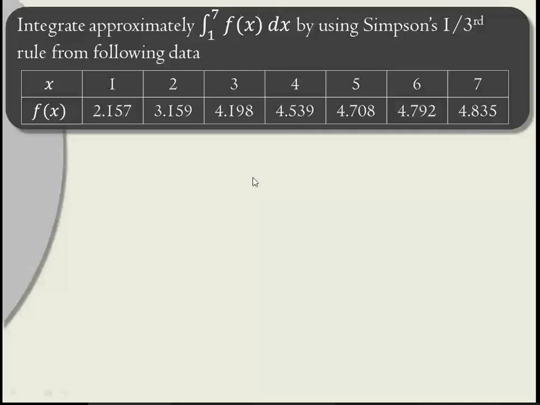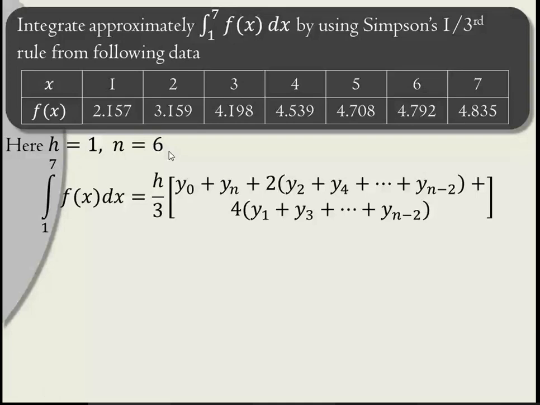The difference between any two values. You take any two successive terms, the difference between them is 1. So h is 1. N is the total number of terms minus 1, that is 6. So by Simpson's one-third rule, integration from 1 to 7 of f of x dx is equal to h by